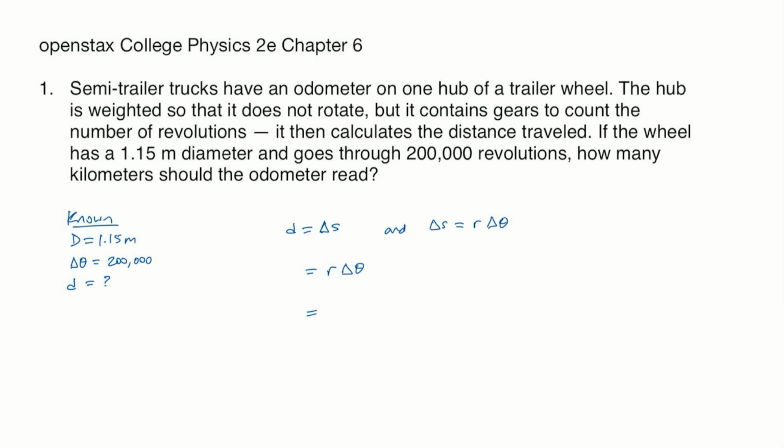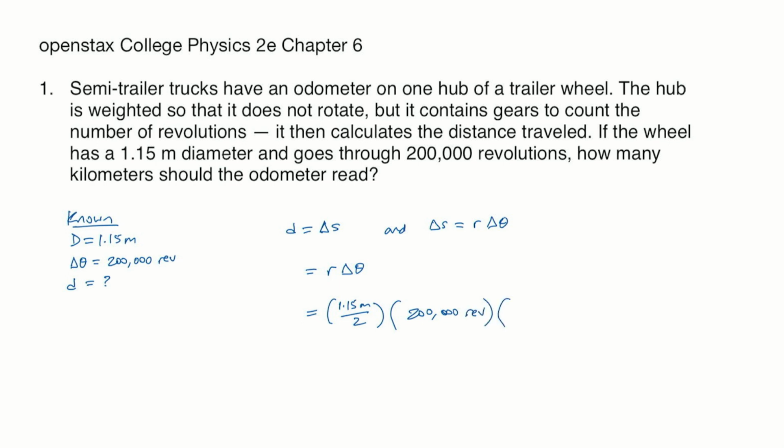Okay, we have the diameter, but the radius is just half that. So 1.15 meters divided by 2. Delta theta, and I should have put that over here, is 200,000